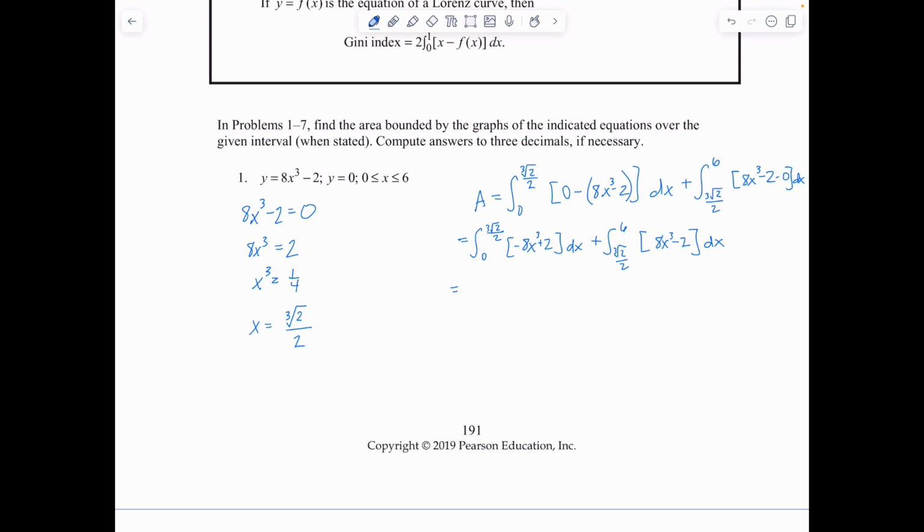If we take the antiderivatives, we'll have negative 2x to the 4th plus 2x evaluated from 0 to the cube root of 2 over 2, plus 2x to the 4th minus 2x evaluated from the cube root of 2 over 2 to 6. If we evaluate, then we'll have 2 times the cube root of 2 over 2 to the 4th minus 2 times the cube root of 2 over 2, plus